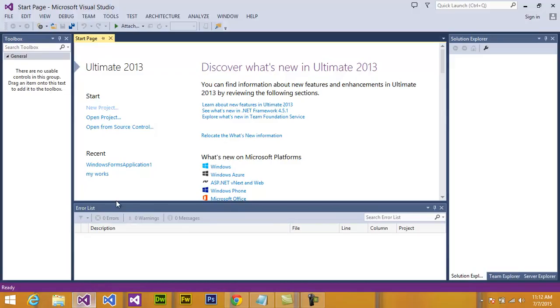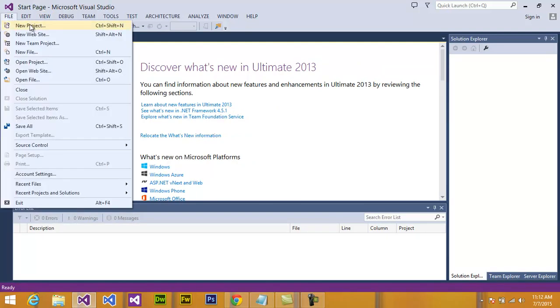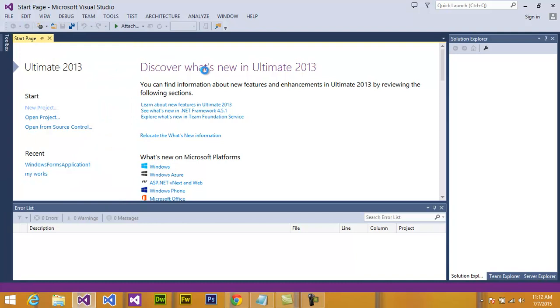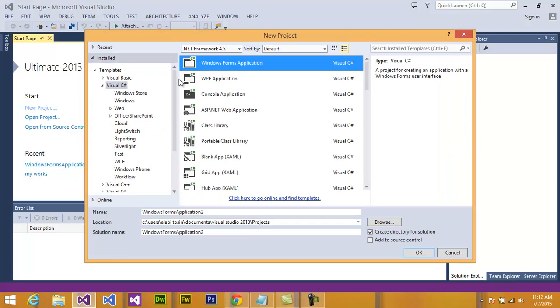tool. So you come here, I make use of Visual Studio 2013, in the Ultimate. You come here, you create a new file, you come to new project. Actually, it's a desktop application. We're not creating a website. So you come to a new project, you click on it,